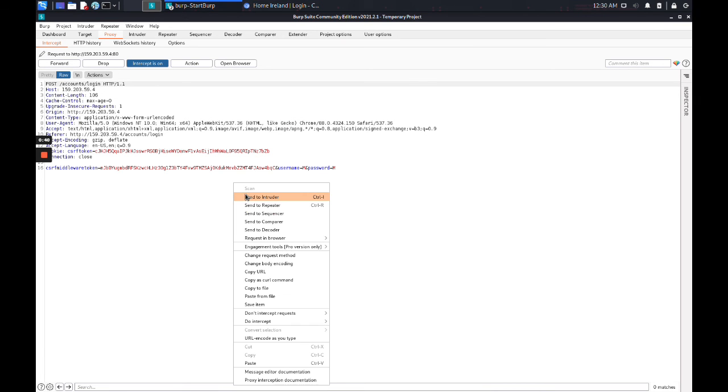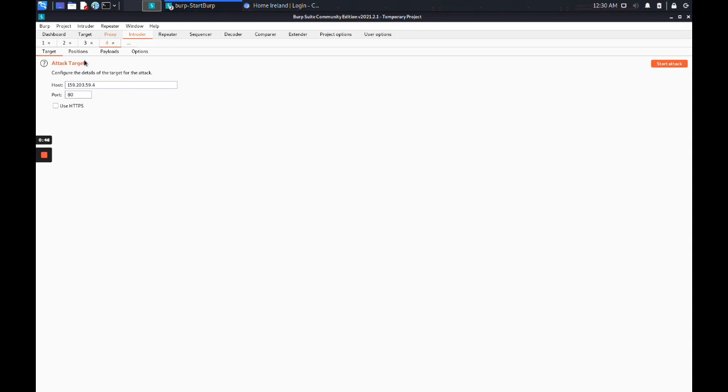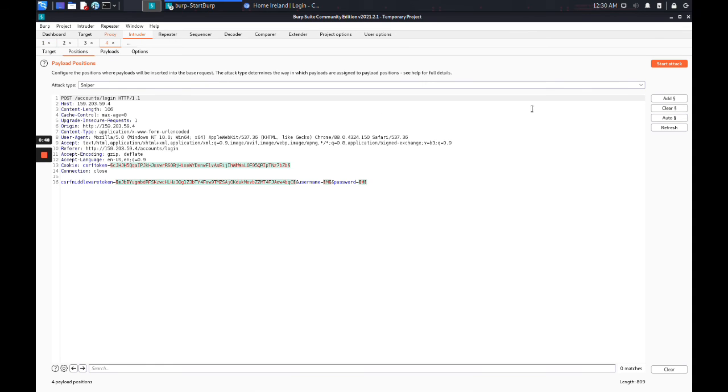Now we can see we are on the proxy, with the intercepted request. Now we are sending it to Intruder. See, the request is on Intruder, under positions we can clear everything. Just select the username, add the position, select the password, add the position.